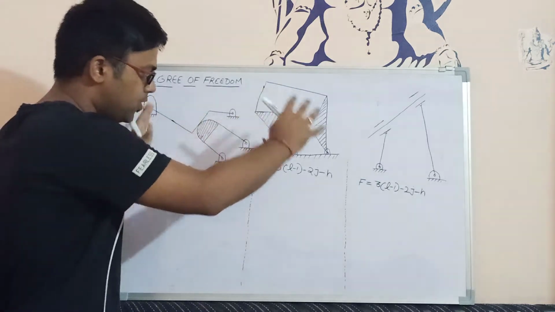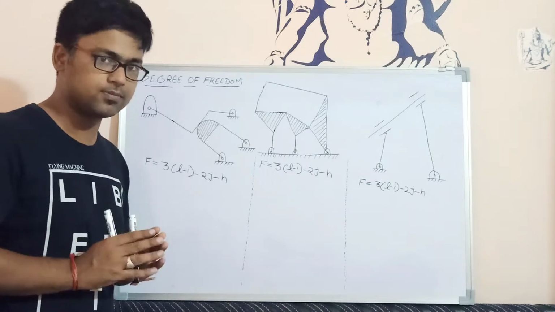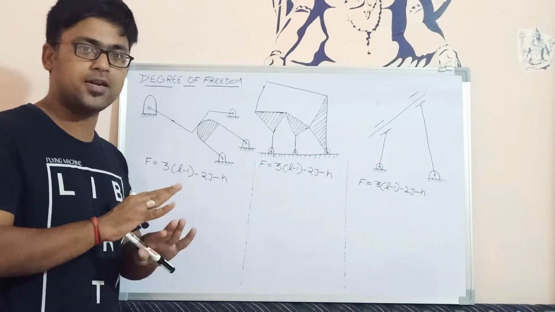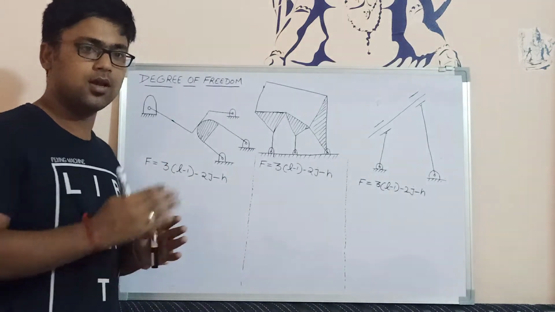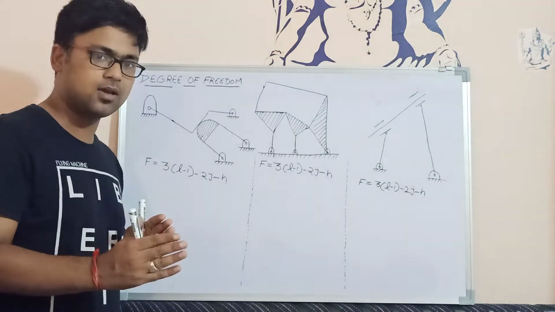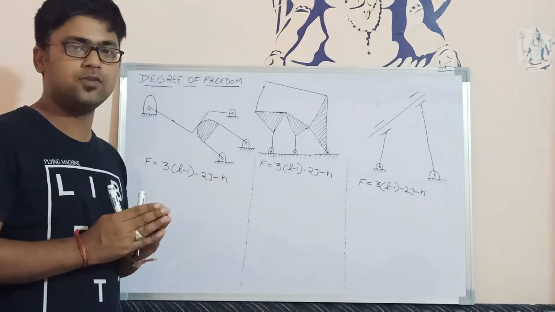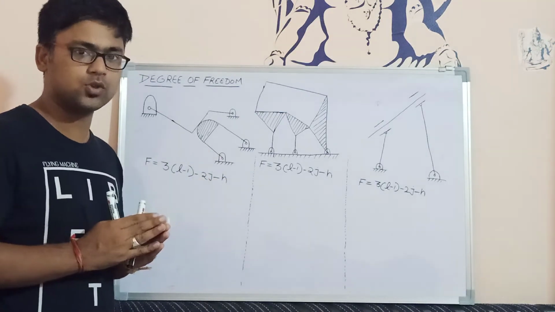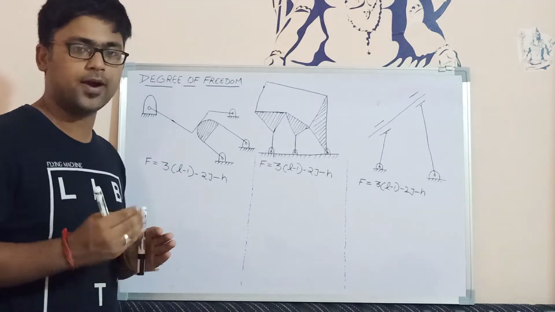So today we are going to discuss 3 different examples to find the degree of freedom. One example in which we don't have any higher pair, we are only having lower pairs. Other example, we are having lower pairs and higher pairs also. And the last example, we are going to deal with the redundant degree of freedom. So we are going to discuss 3 different types of examples of how to find the value of degree of